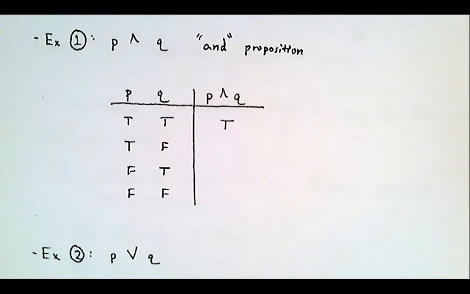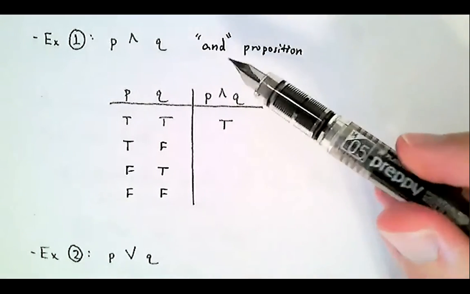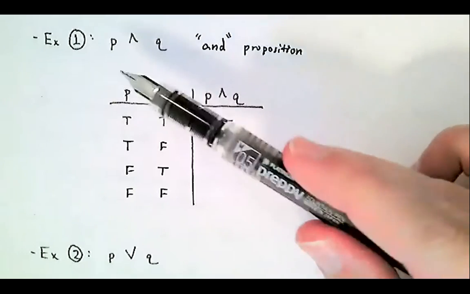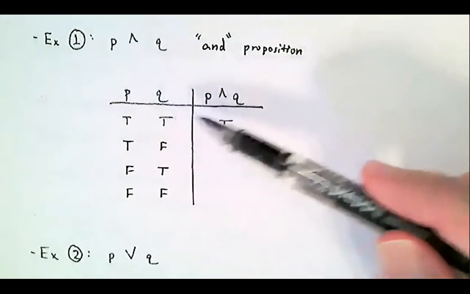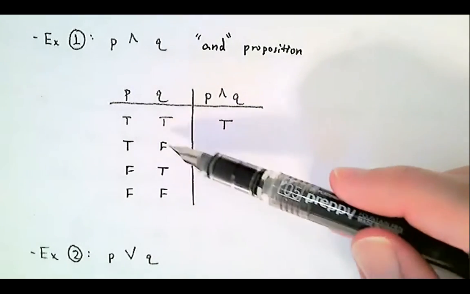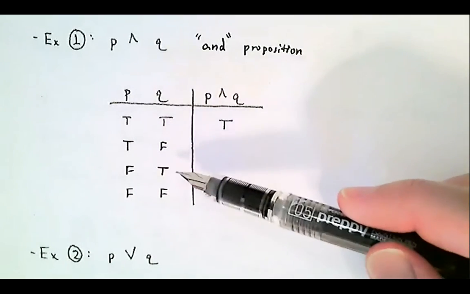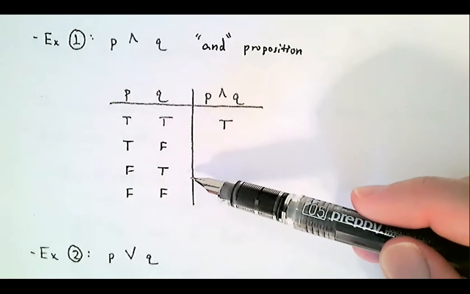Okay, so thinking back to what the and statement means, the and is true when both simple propositions are true. And that corresponds to the first line. But when either of the other 2 are false, so either of these three lines, and then there's a question,